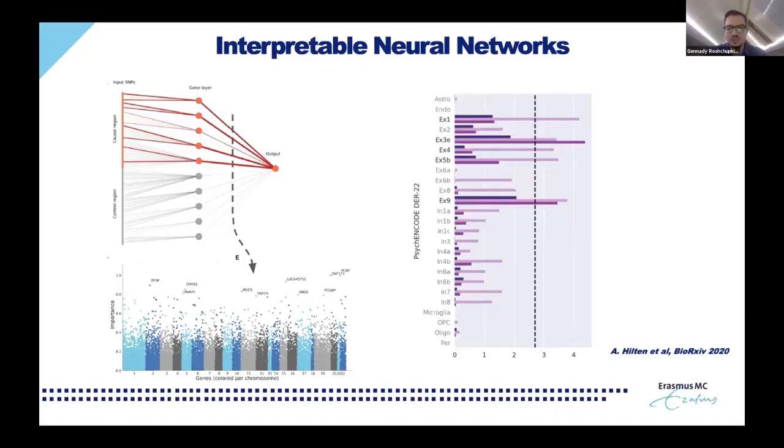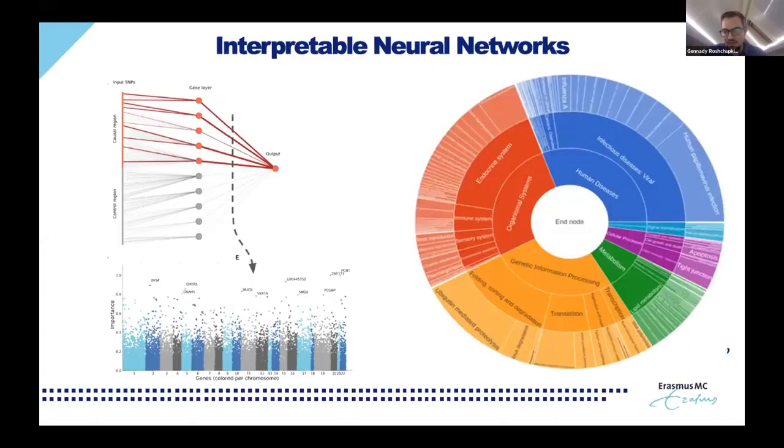Or if you use the data from single cell expression, you can see which cell types are the most important for prediction. And if you build your network really deep with a lot of biological information, you can even have such type of explainable prediction where you start with the center, so this is your prediction, and then you see each layer